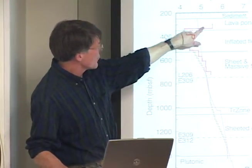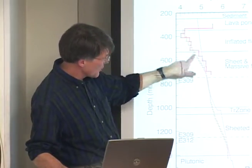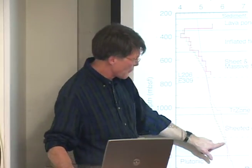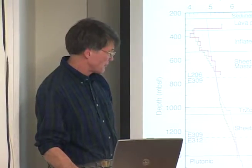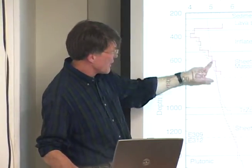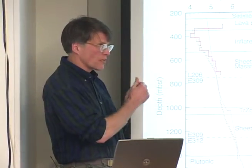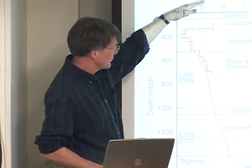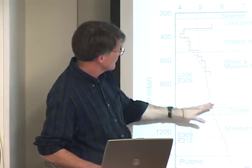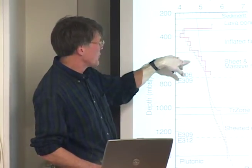So this red line was the shallow experiment that was done in the first leg, and the orange line is the velocity profile from the leg that I was on. And the pink line is the one I showed you at the very beginning, the geophysical experiment with the hydrophone sitting up at the top of the sediments. So we're all very close together. There's a little bit of difference up here. This has probably got something to do with